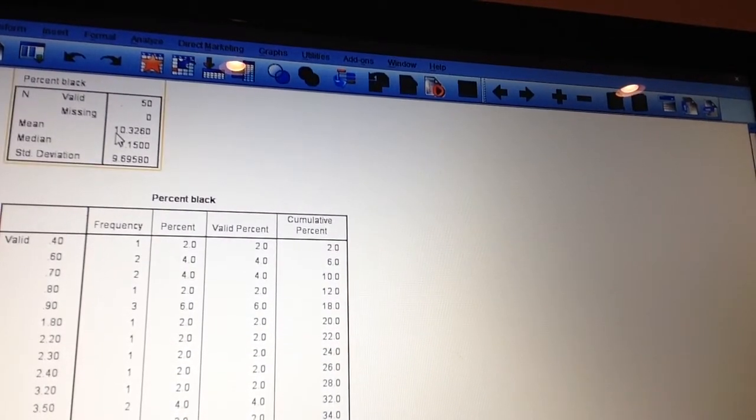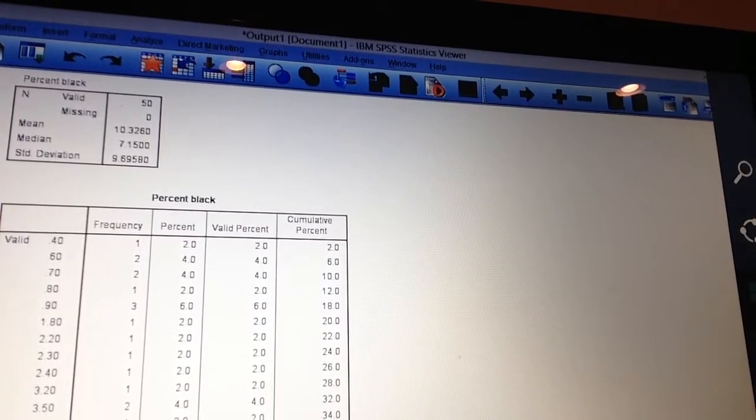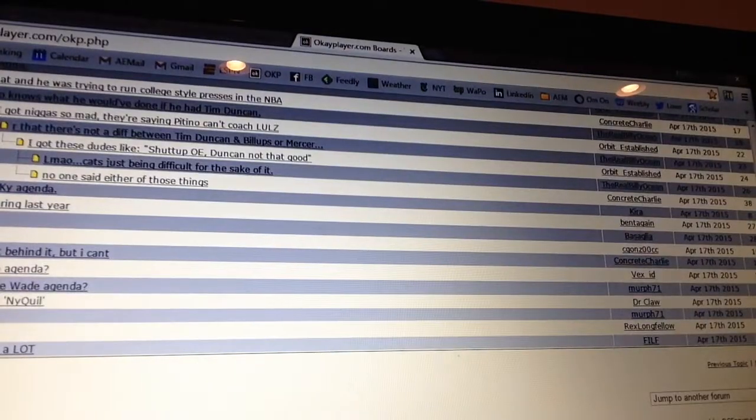So the mean here is 10.3%. The median is 7.1%. And the standard deviation is 9.7. Okay. So that would be the first thing that you'd answer on this question. Okay. Now,